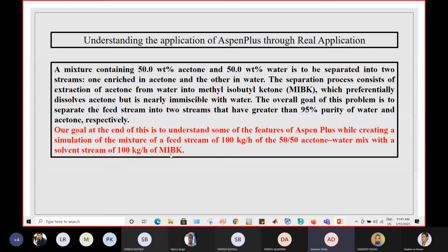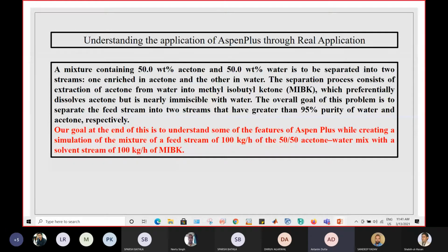That means we have two streams with us. One stream is 100 kg per hour but containing two different components, acetone and water, and we have a different stream of 100 kg per hour, which consists of MIBK, that is methyl isobutyl ketone. Now we are interested in mixing these two streams and producing one output stream, and further that output stream will be taken to a different unit operation for further purification.